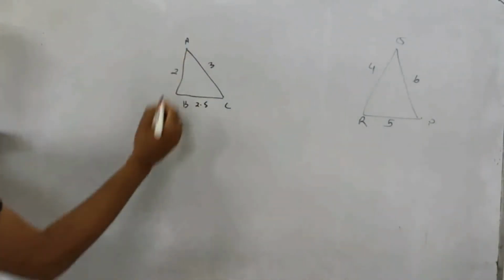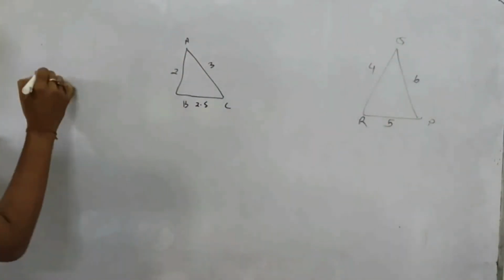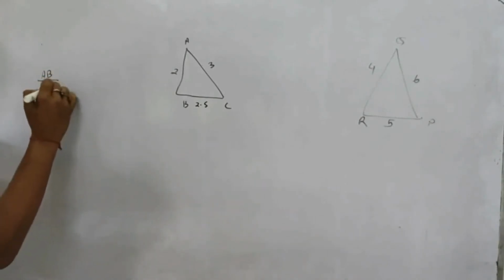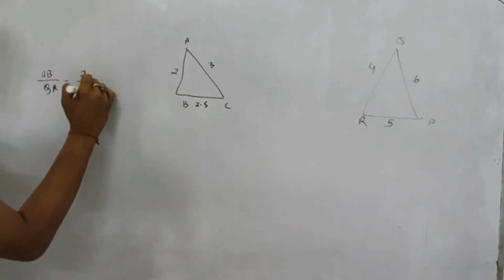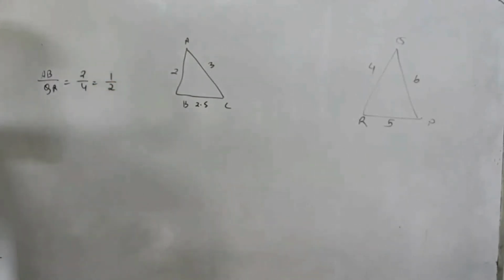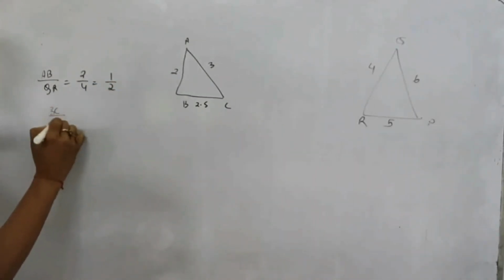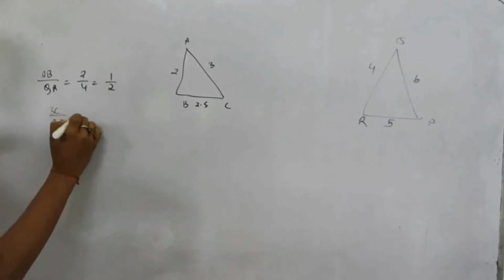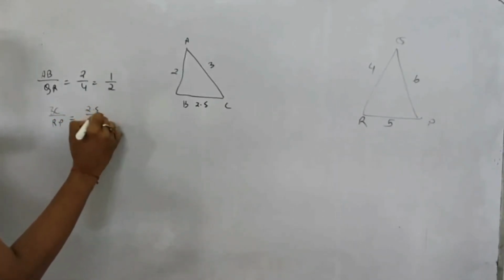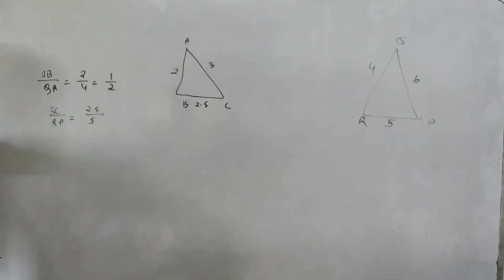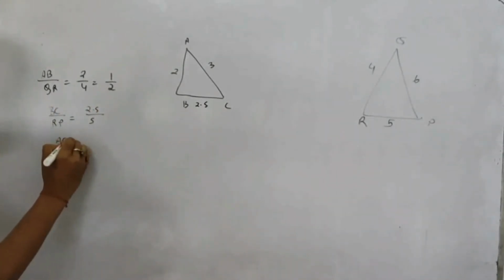So now you see AB by what? QR. AB by QR will be what? 2 by 4 will be equal to what? 1 by 2. Done. Next, BC by RP will be equal to what? 2.5 by 5. For a while, keep it like that only. Then next one, last one, AC by